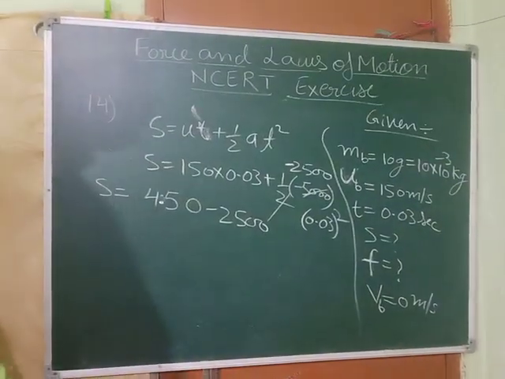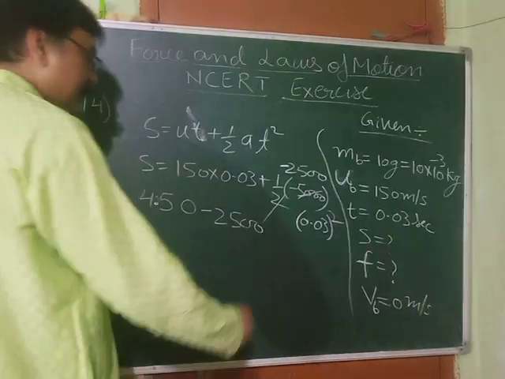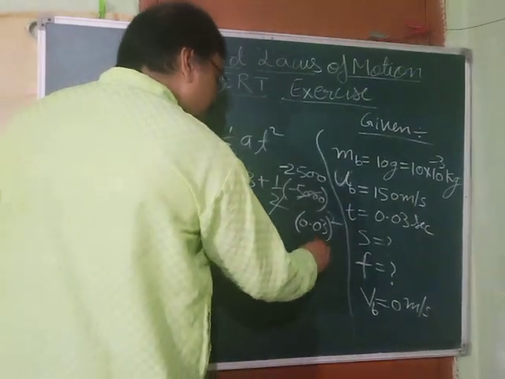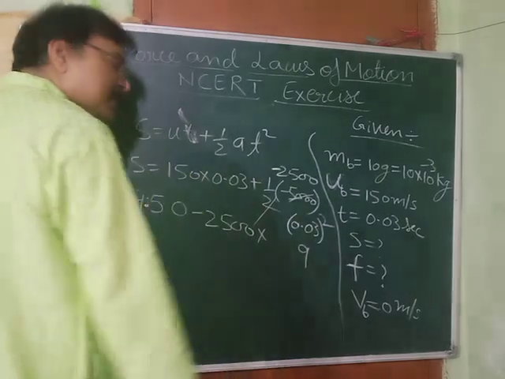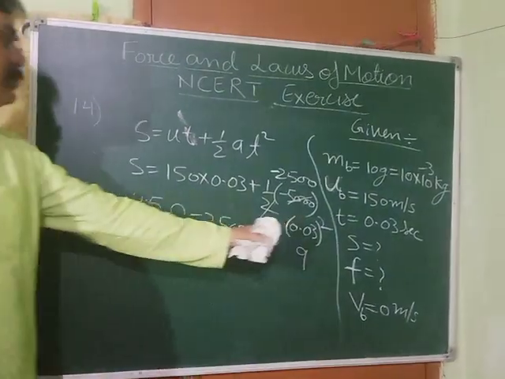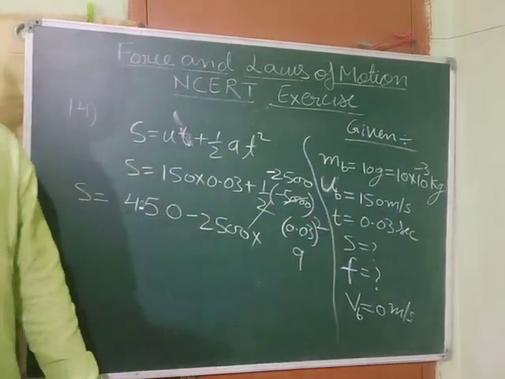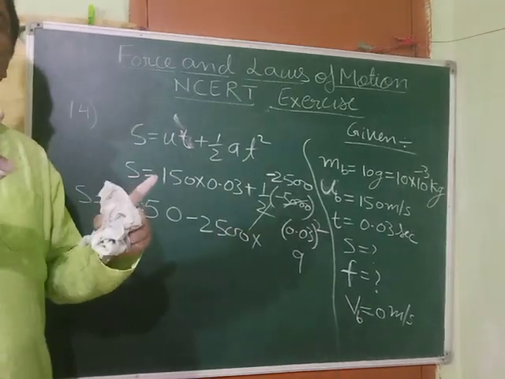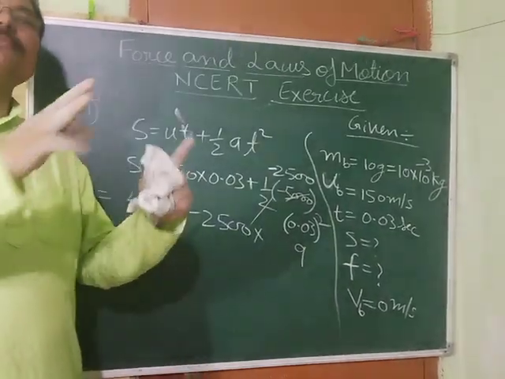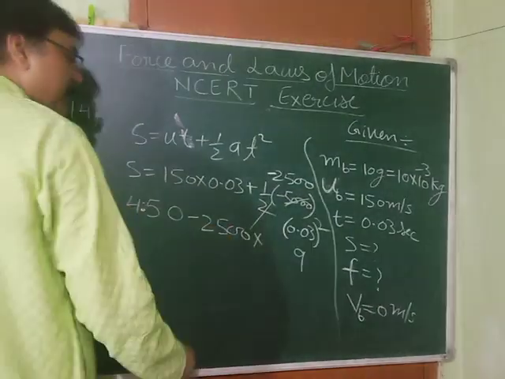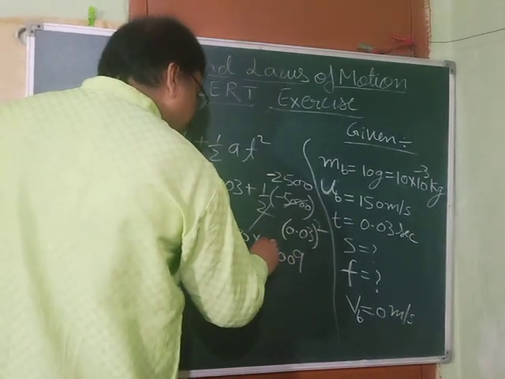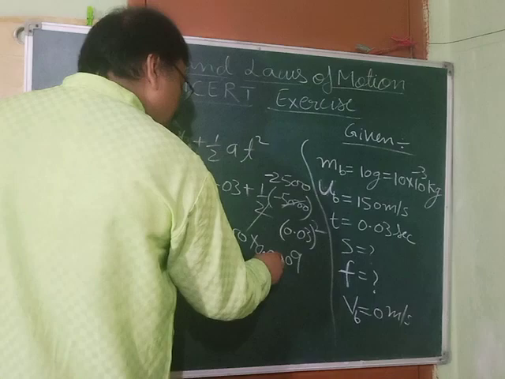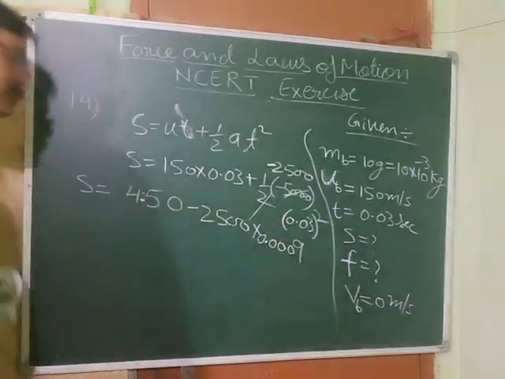And what is the square of this? That is 0.03. You write the square of 3 is 9. But the decimal is after how many places? 2 places. So for squaring this, you multiply 0.03 into 0.03. In both terms, decimal is after 2 places, so 2 plus 2, 4. So here the decimal must be after 4 places, so you have to place 3 zeros. 0.0009. That's what you will get.